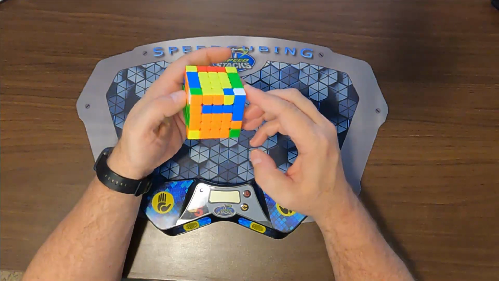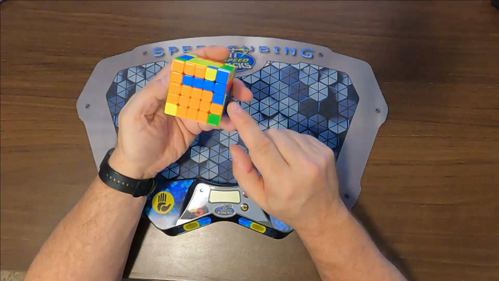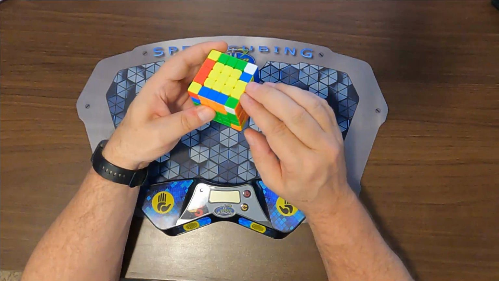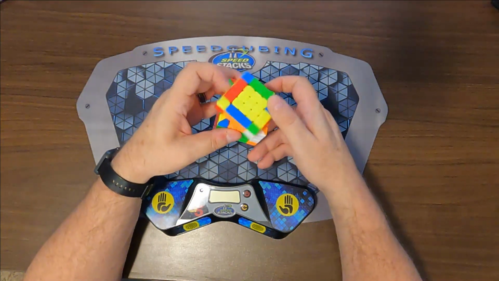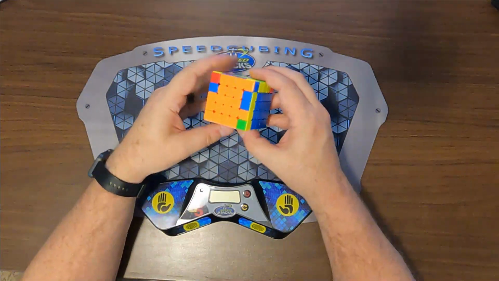Now here I will, there's a blue and yellow. There's a blue and yellow. So I'll just bring the other blue and yellow right there. That way I preserve these orange and yellow pieces. Put that in, bring it back. So now I'm left with just 2,